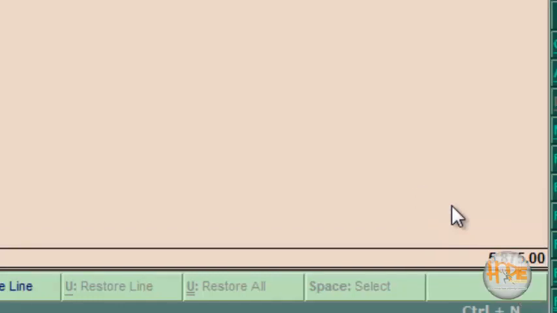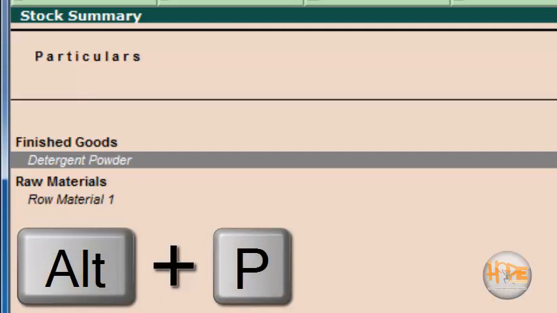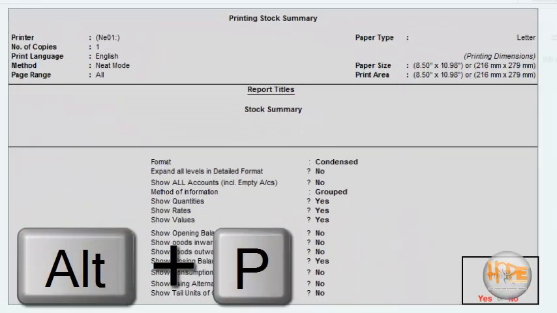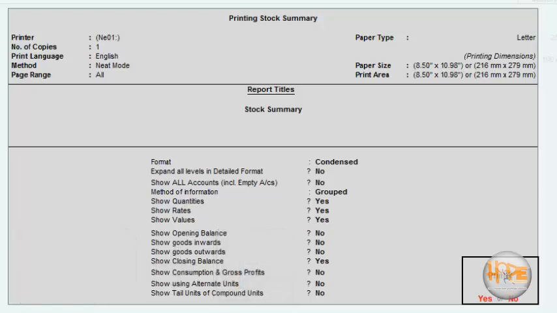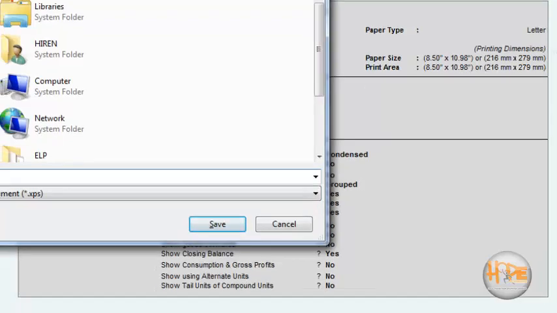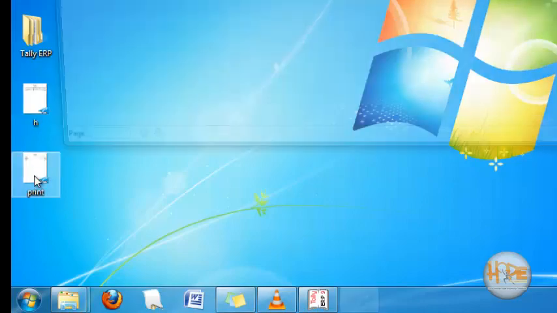Now if I want to print the stock details, then I have to press Alt plus P. It will ask whether you want to print this. If you want to print, then press Enter, and if you have a printer connected to your computer, it will directly generate the print, but if you don't have a printer connected, then you have to save this. Now I can open that print